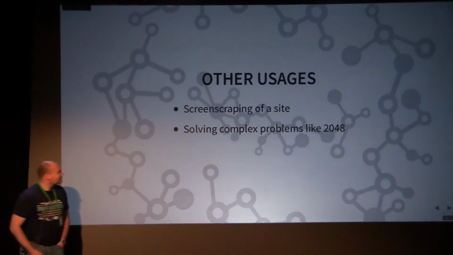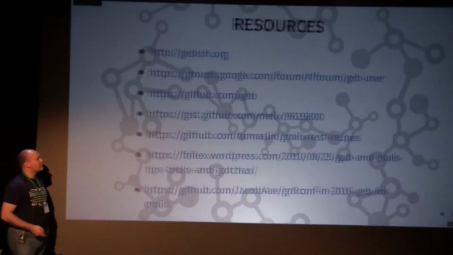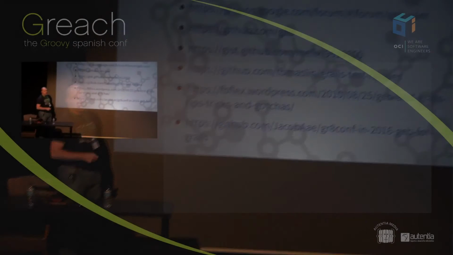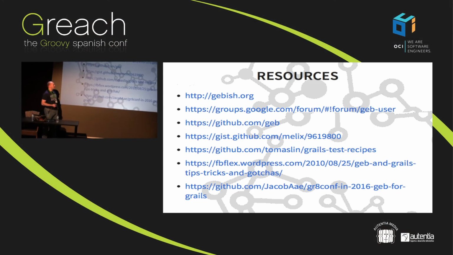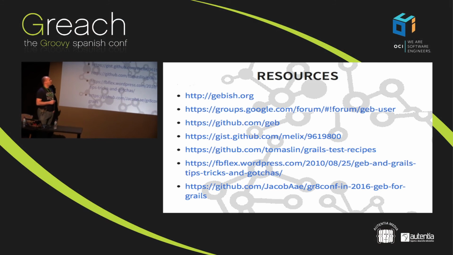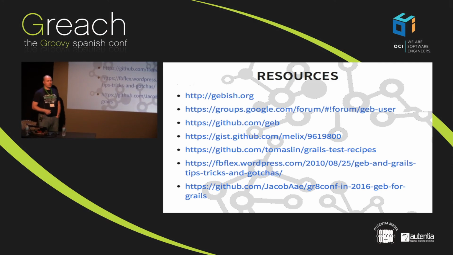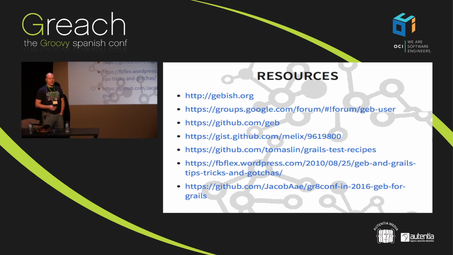All right. So there's a lot of resources out there. Gebish.org is the Book of Geb, which is the complete user manual. It's very, very informative. There's a mailing list and a Google group where Marcin and others reply extremely fast, so there's help to get. All of the repos are available at github.com/geb. It also has some nice